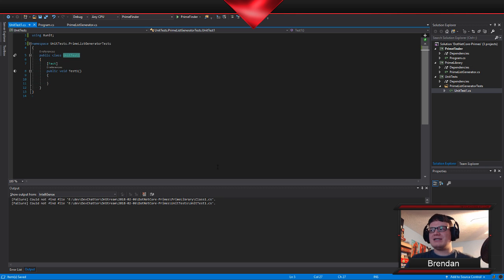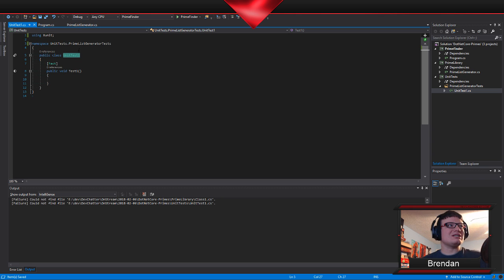So the approach I like here is I like to have names that are clear about what it is we're doing. So when someone reads this, they're going to say something like, okay, so for the prime list generator tests, the such and such should do something when something happens. So it sets up this nice structure.